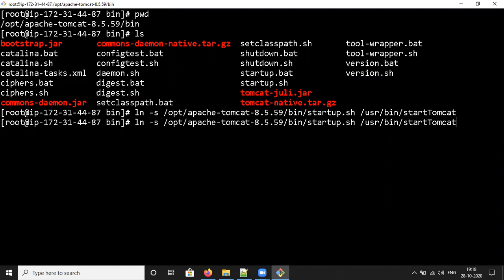It is created. Similarly, we can do it for shutdown.sh: paste, and rename startTomcat to stopTomcat. It is going to create the symbolic links. Then now I am going to the opt directory.